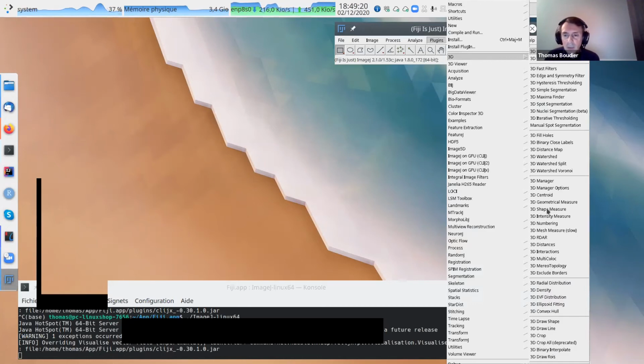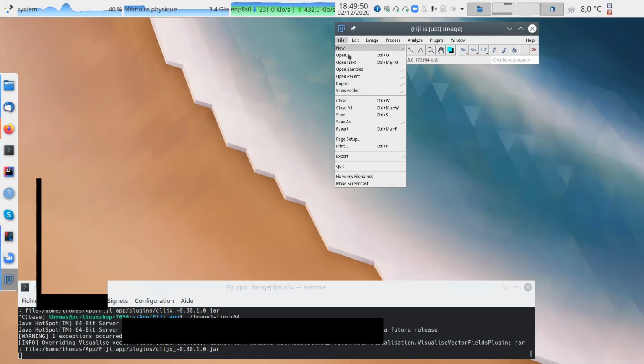It converts the 3D binary image to a mesh like we saw in the 3D viewer and does some analysis on the mesh. But this one is quite slow, and we don't really use this kind of thing. In the 3D analysis, we focus on a binary image, not really the mesh.